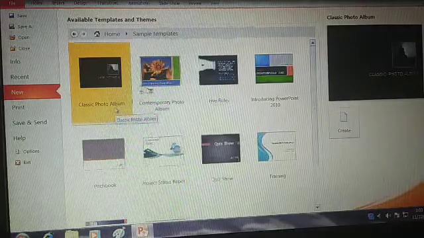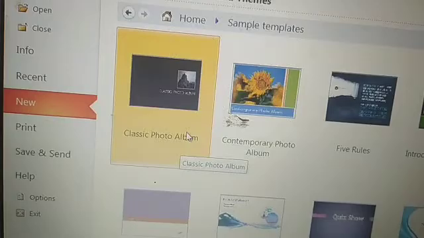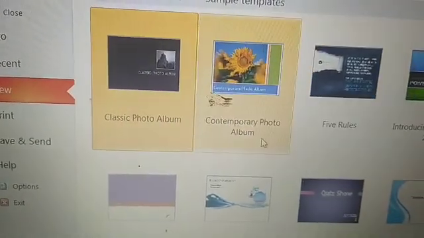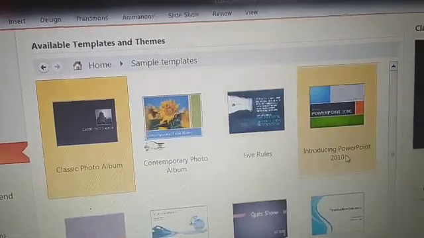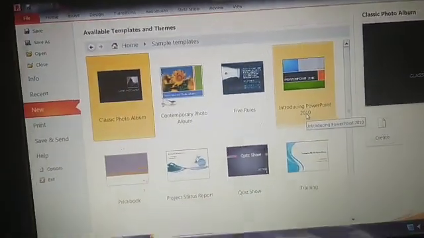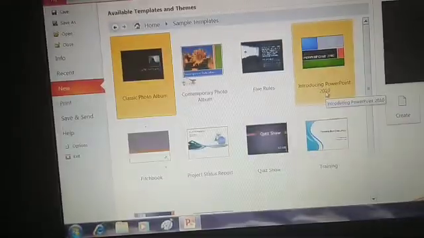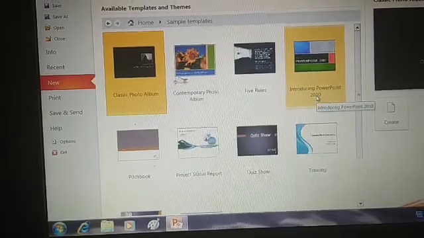First one is given, classic photo album. Contemporary photo album. This one, five rules for introducing PowerPoint. Means these are already prepared presentations. Clear?